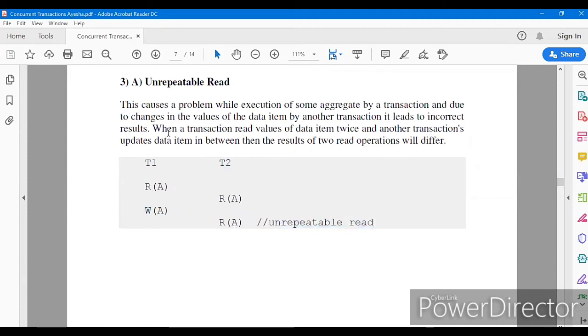So again, when a transaction reads the value of a data item twice, and another transaction updates the data item in between, then the two read operations will give different data values.